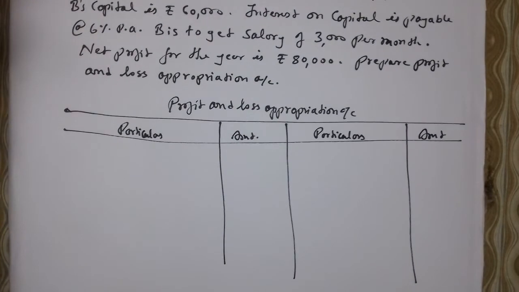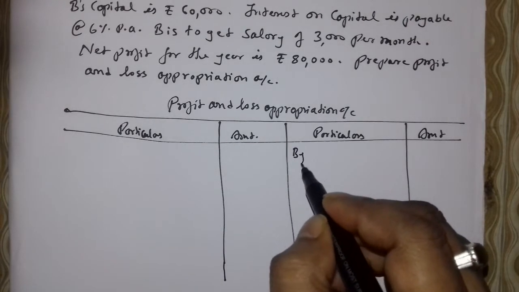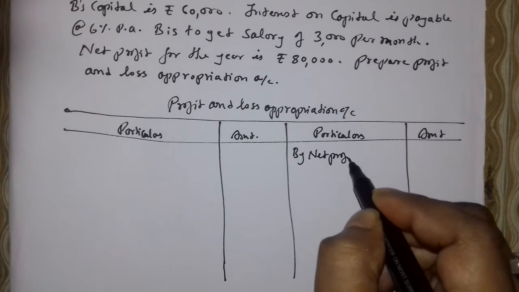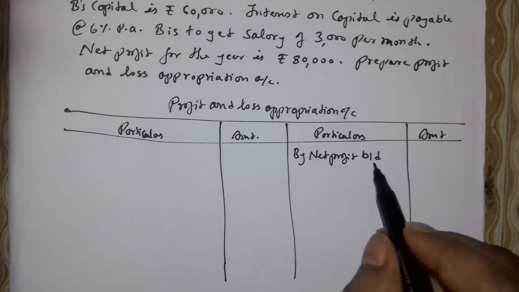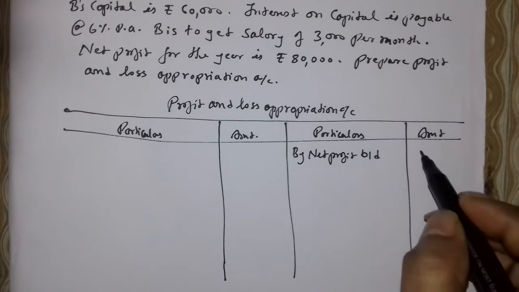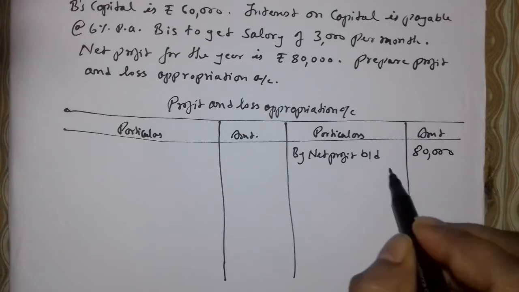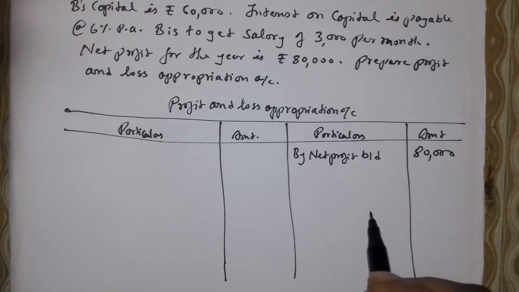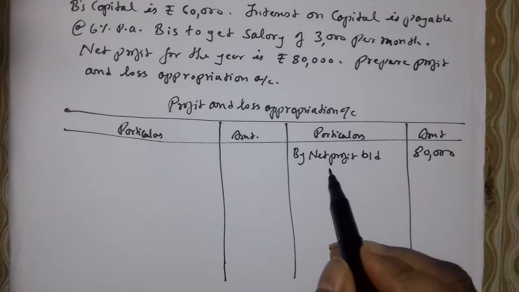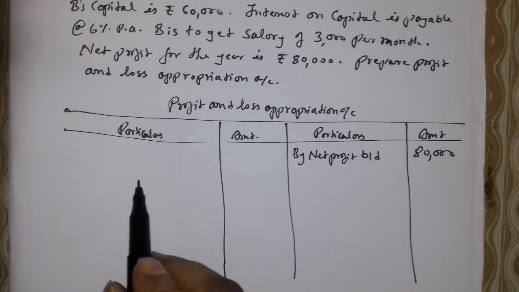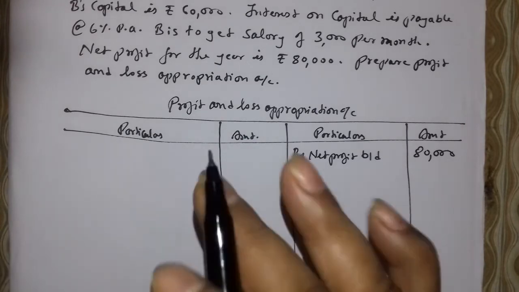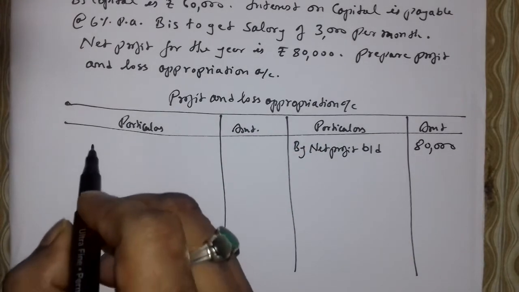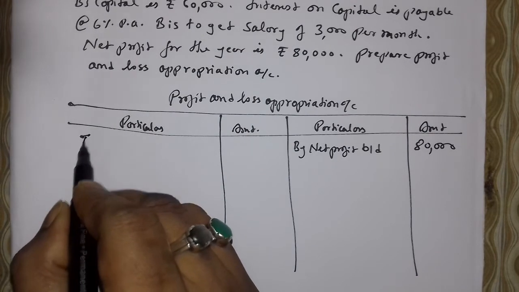Okay. So now first of all, in this question we have to bring down net profit. By net profit brought down you can also write net profit transferred from profit and loss account, that is 80,000. हमेशा net profit credit side में लिख लेना है, ठीक है, because out of this profit whatever is to be given to the partners will be written here, क्योंकि इसी प्रॉफिट में से डिस्ट्रीब्यूट करेंगे जो भी पार्टनर को देना होगा, और जो भी देना होगा वो हम डेबिट में लिखेंगे, जो कि है सब इस क्वेश्चन में है